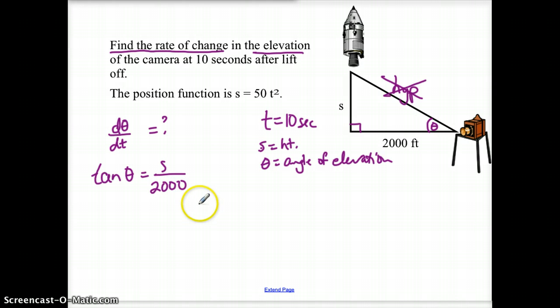So now I've got an equation that relates all my variables that I care about, and I want to take the derivative of that. So the derivative of tangent is secant squared theta times the derivative of theta. And then this is like 1/2000th times S, okay? So S is the function, and 1/2000th is just a constant out in front. So when I take